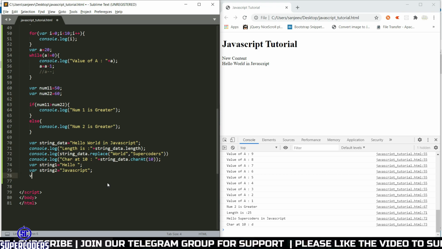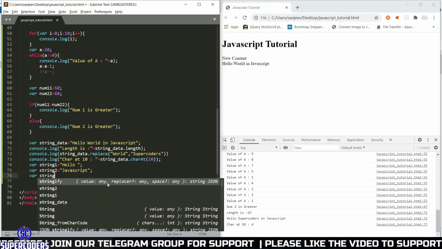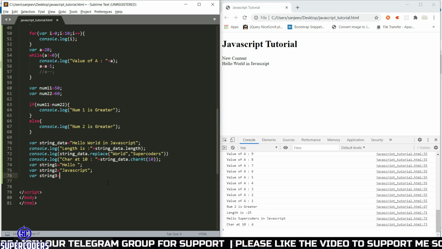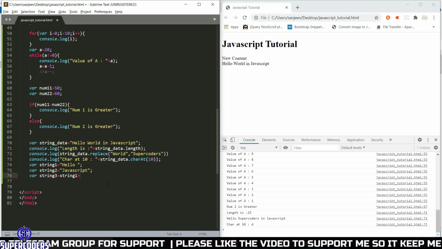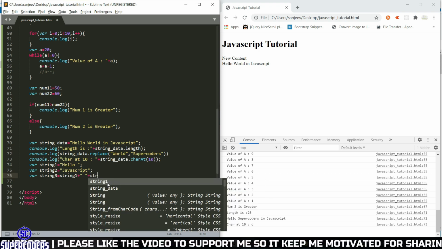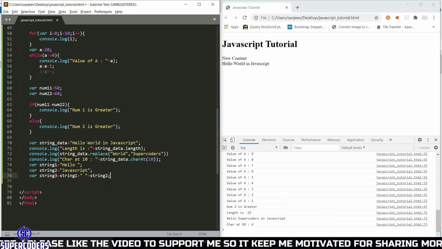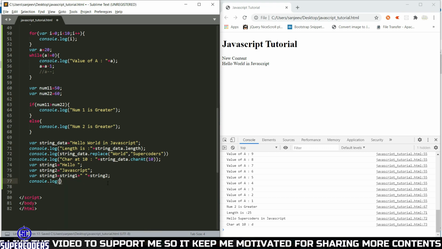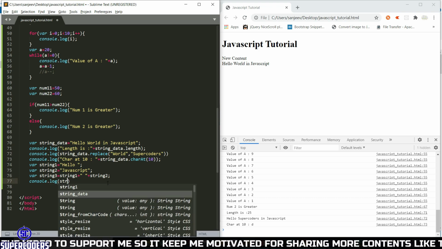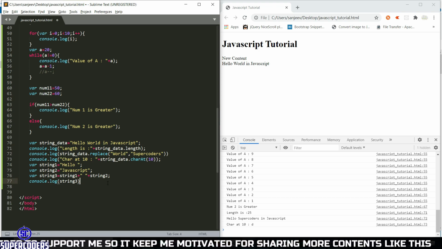So printing where string3 equal to string1 plus double quotes, adding space between them, and plus then string2, then printing the value of string3 console.log string3.